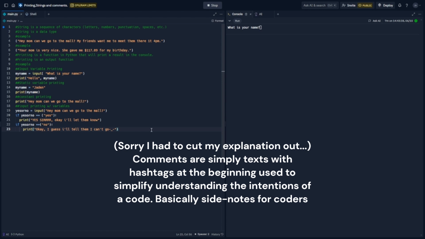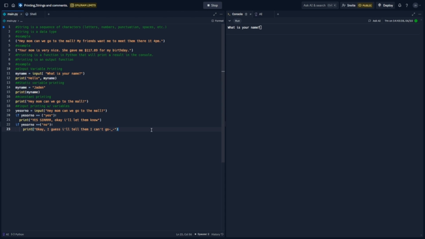First off, a string is a sequence of characters, right? That includes letters, numbers, punctuation, spaces, etc., going down the whole line. A string is also a data type. For example,